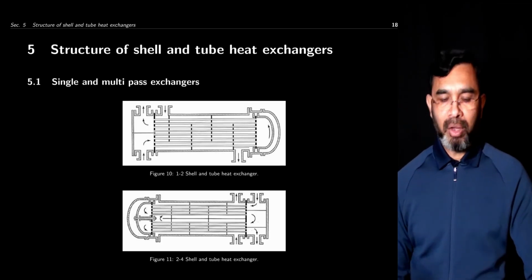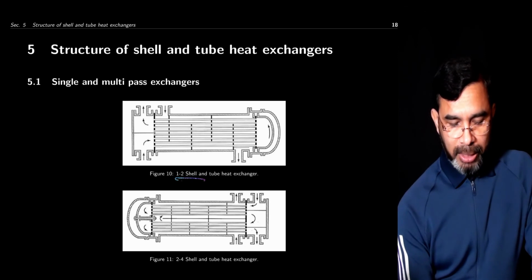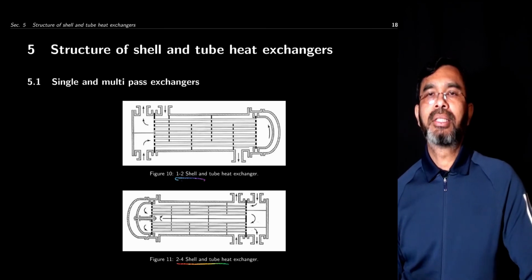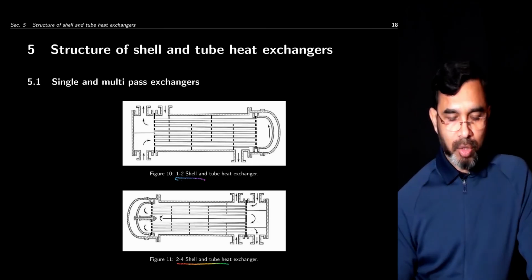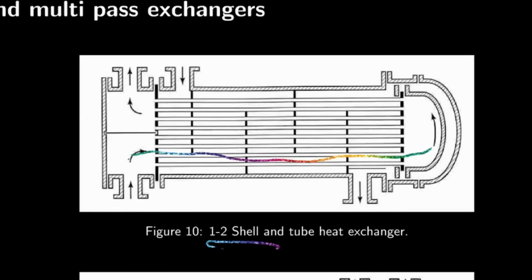Now, shell and tube heat exchangers can be constructed in many different ways, which is called multi-pass. We call it a 1-2 shell and tube heat exchanger; 2-4 shell and tube heat exchangers are shown here. 1 refers to the shell pass and 2 refers to the tube passes. So here you can look at the liquid going through the tubes in one pass and then coming back and going through another pass. So through the tube bundle, liquid goes twice from one end to the other end of the heat exchanger. On the other hand, on the shell side, liquid is coming from here, going through there and exiting from here. So for the shell it's one pass, and for the tube it's 2 passes.